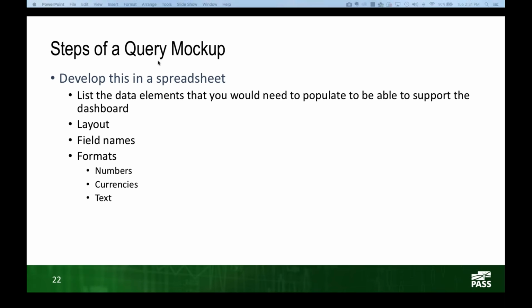Typically, this will list the data elements that I need to populate and support the dashboard. It's the layout, the field names, etc. In addition to spelling out all of that, I also create dummy data, to give the developer an idea of what it looks like, and that serves two purposes. It provides detail to the data mart developer, but it also provides me with a data dump, mock data that I can use to start doing my prototype in Excel. We'll go through some of the benefits, and I'll show you an example.